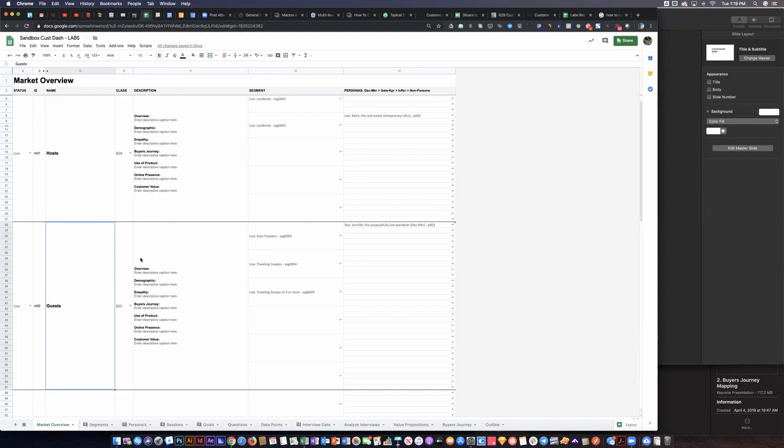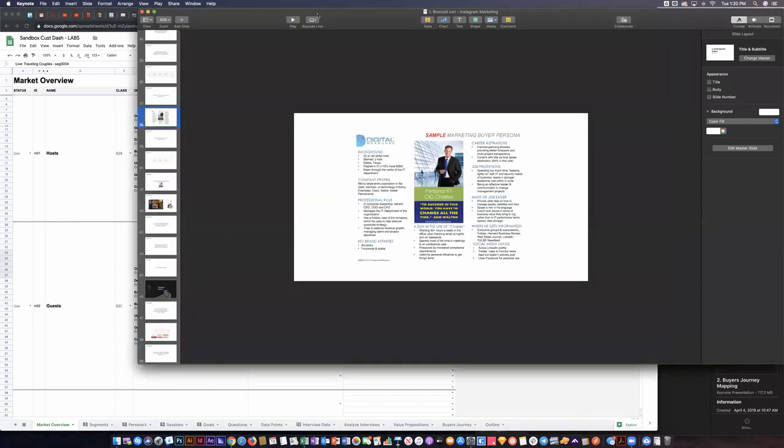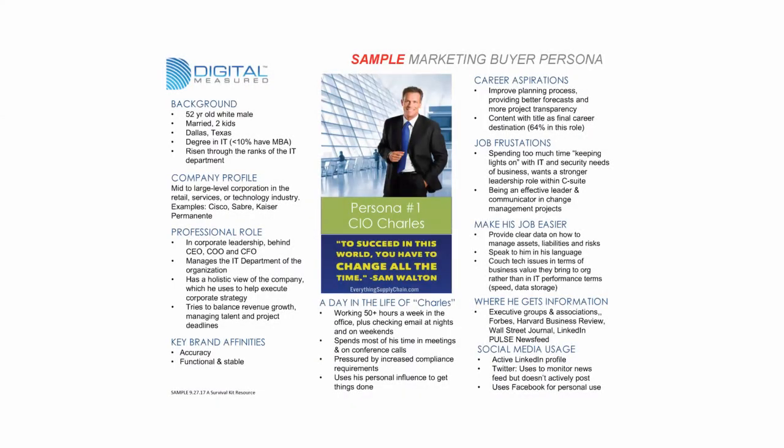Because saying that all people who are guests are the same isn't right. There are people who are traveling by themselves, who are solo travelers, right? Then the people who are traveling together as couples. Then the people who are traveling in groups of 3 or more, right? So a persona is essentially the character archetypes who make up those specific segments, or those specific ways you cut up the market.